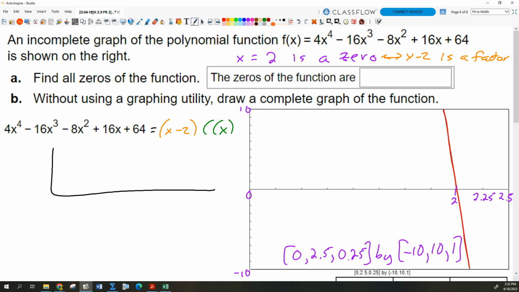My coefficients would just be what? 4, negative 16, negative 8, 16. Oh, and look, what else could I do to this function? Yeah, why not, right? Divide by 4. If I'm just trying to find the zeros of this thing, I'm just setting this equal to 0. Why wouldn't I just divide this whole thing by 4? Right? And that turns this into